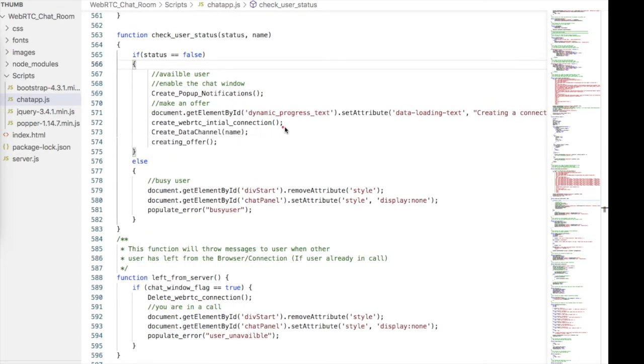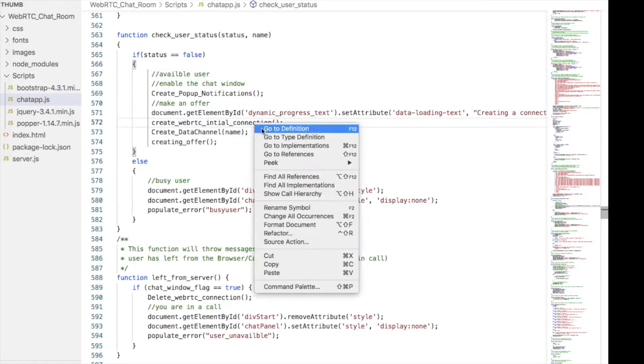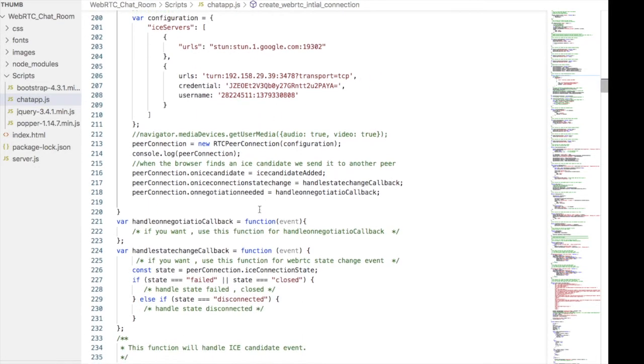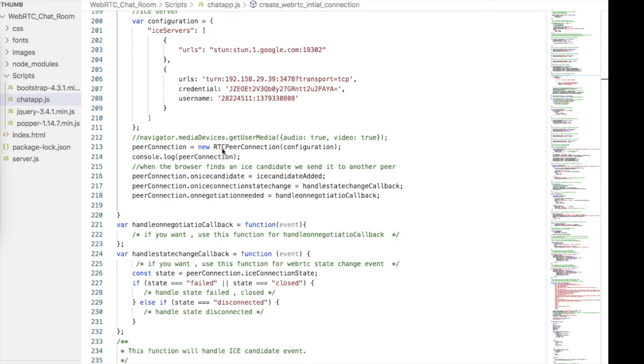The WebRTC connection object will be created inside the create WebRTC initial connection function. First, we have to set the ICE connection. To do that, we have to add STUN and TURN server names. I have selected some free Google STUN and TURN servers. After you define the configuration parameter, you can create the RTC peer connection object with the help of the RTCPeerConnection